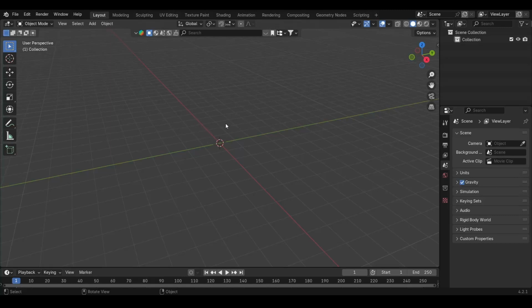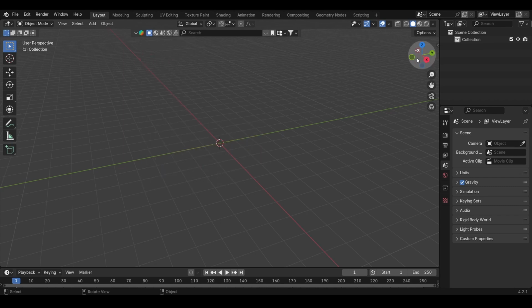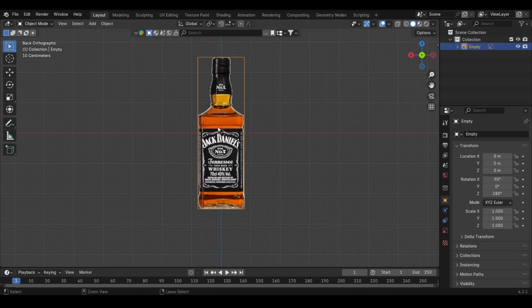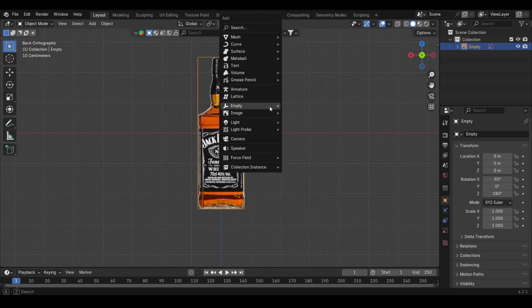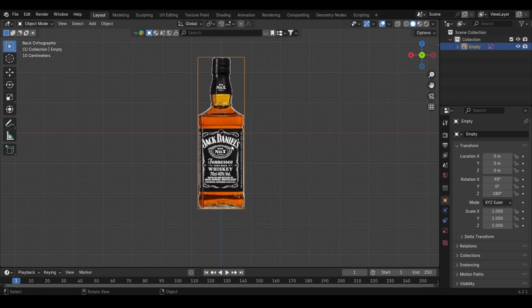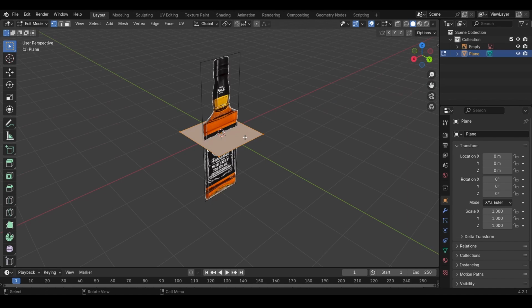Okay, so to create a Jack Daniels bottle, we first need a reference image, and you can find them on Google. Mine looks like this, but you just add them from this menu when you press Shift A and go to Image Reference. Then, because of its shape, we need to create a plane, and in Edit mode, we want to right click and subdivide by